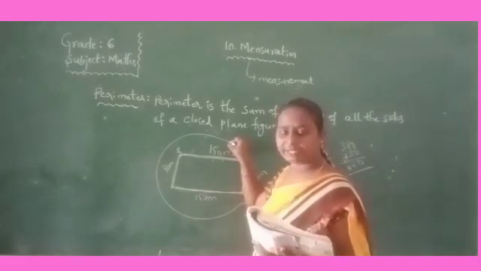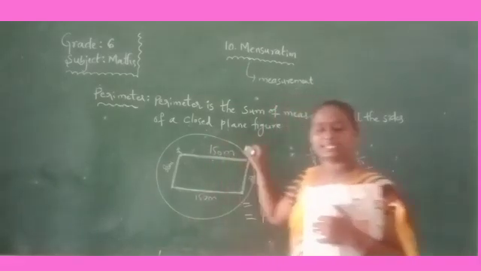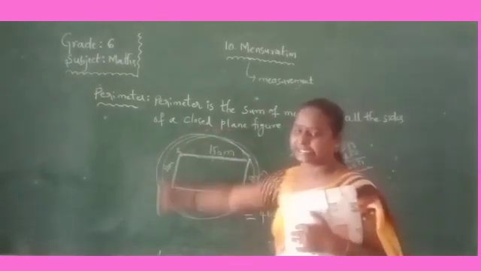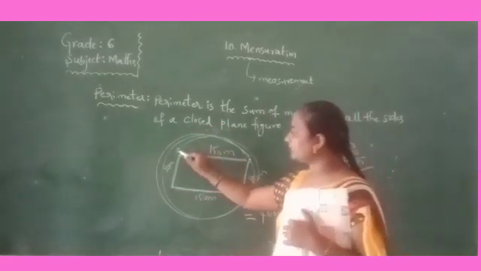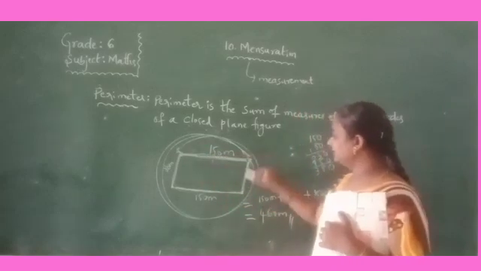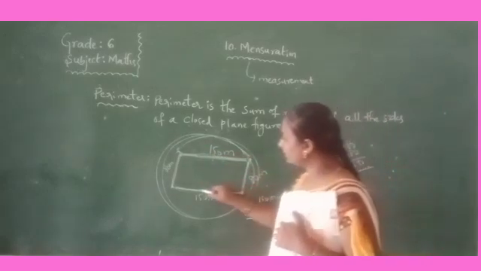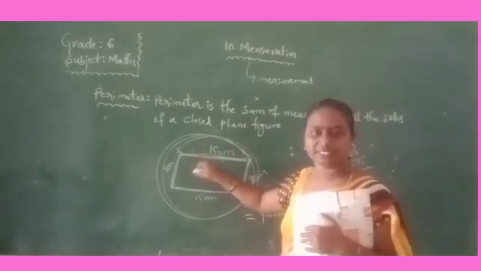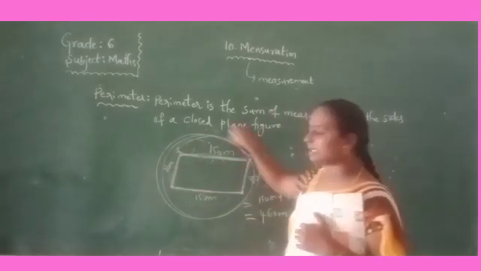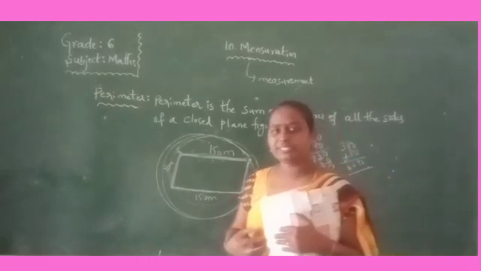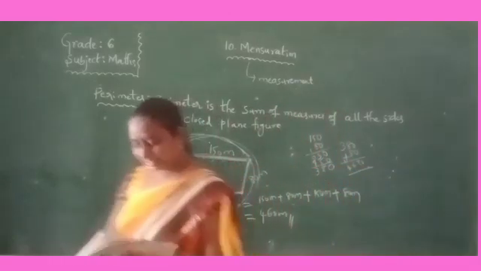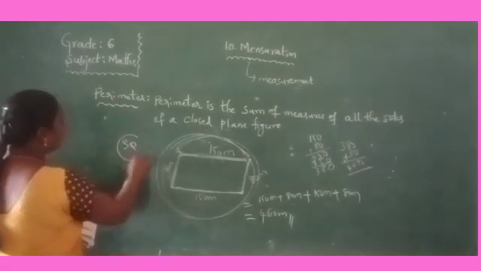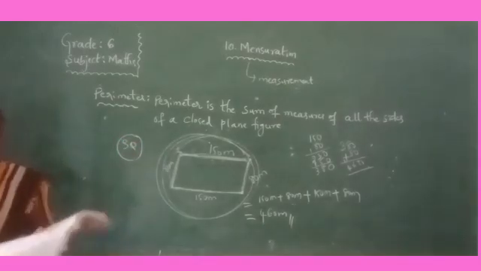Okay? The perimeter means the sum of the measures of all sides. She started here and turned 80 meters again. She wants to reach the same place. She has completed one complete round, which means compulsorily we have to measure all the sides. Okay? So right, see, this is the third question answer. You write it down in your notebook neatly.